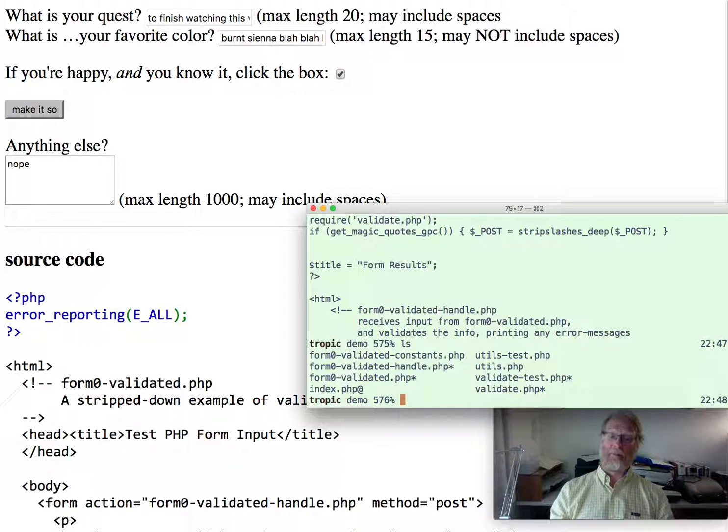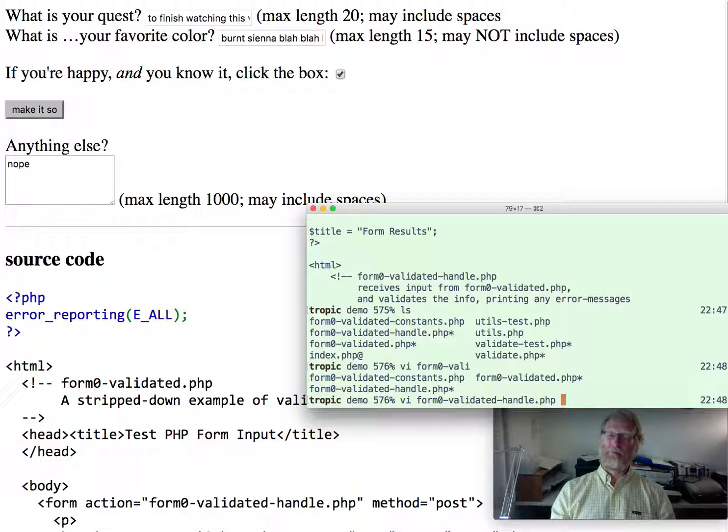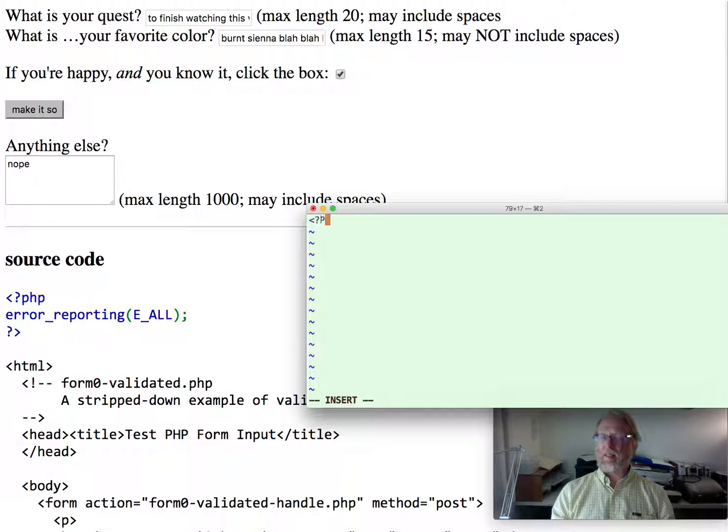So I have my handle, and I'll go ahead and make a file called form0, and I'll call it handle test. I'm not going to think too hard about this. I'm going to take the name of the handler and add test1, test2, test3. Okay, so, and what does this look like? It's a pretty simple PHP program. It's going to be 2 lines long. It's going to be, hey, $_POST gets, and now I'm going to go ahead and make some array with quest